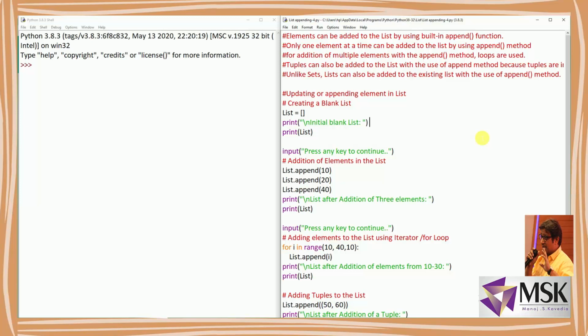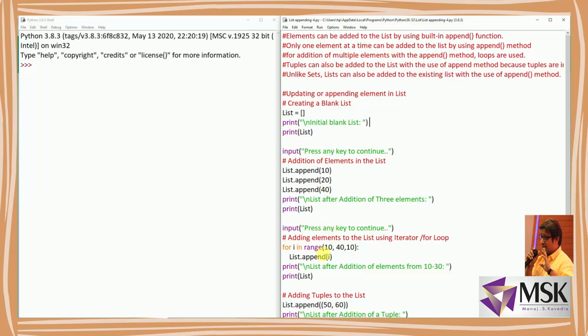Here I've created a blank list and then I've appended to it 10, 20 and 40. The first element will be 10, then after 10 there will be 20 because that will be the last element, and then 40. So here the list will print 10, 20 and 40.